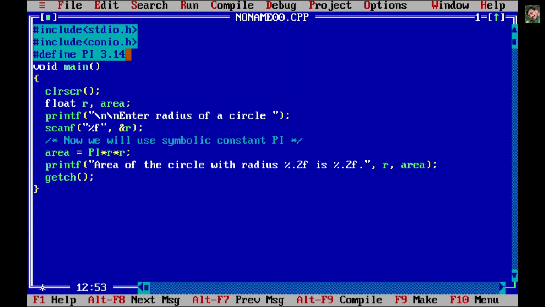But ultimately we came here to see the use of hash define. Remember, there is no comma or semicolon or anything in this. It is simply hash define. You write the constant. This you can create on your own, whatever word or character you want, but it should always be meaningful. Here 3.14 is the value of pi. So we write pi and then the value. So it means now wherever in my program I use pi, it will actually be replaced by 3.14. So that is what we call a symbolic constant.